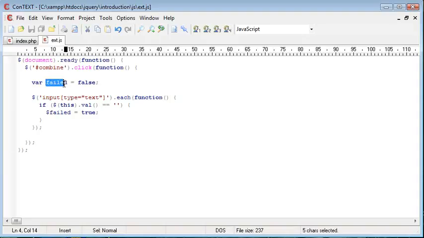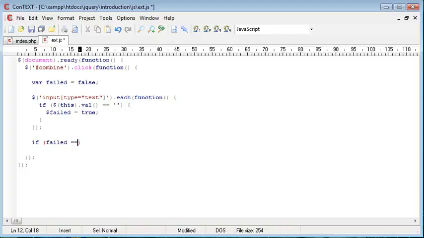So essentially what we're doing is we're setting a failed variable up here equal to false. Now that will remain false until here, unless one of these input fields is empty. So if this dot val for each field equals nothing, then failed is equal to true, or failed is assigned the value true. So now what we can do down here is we can say